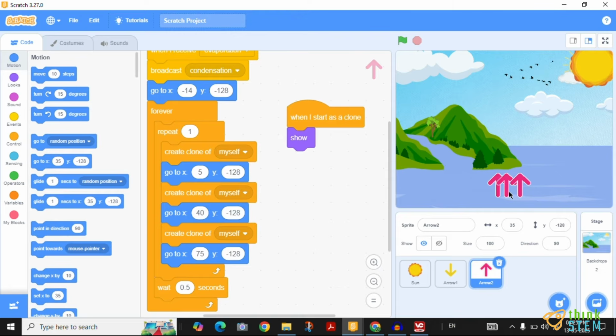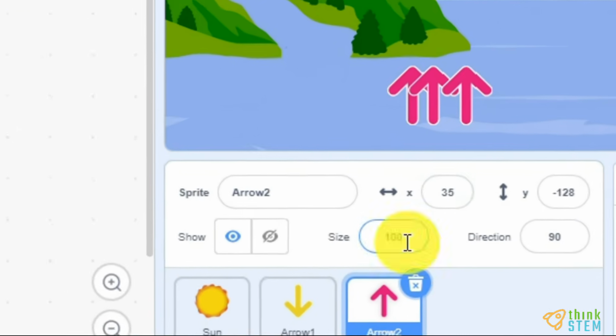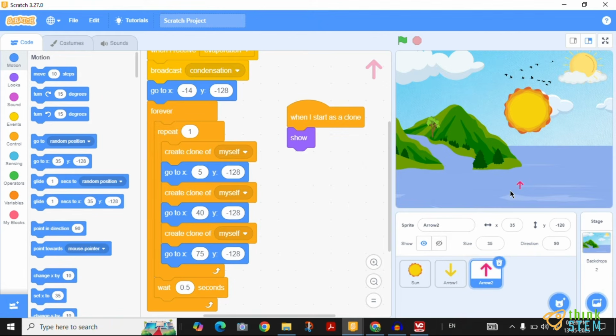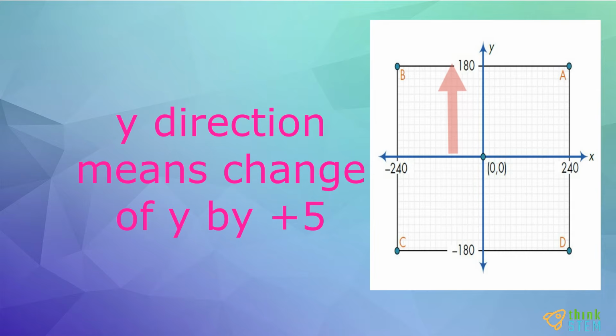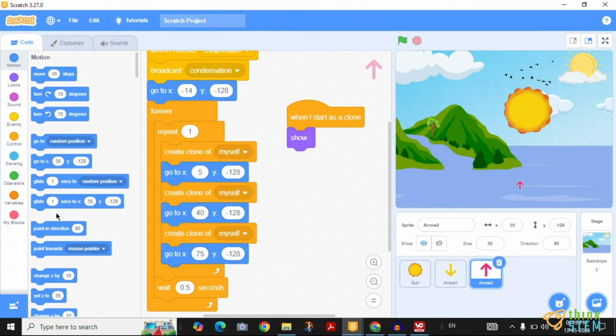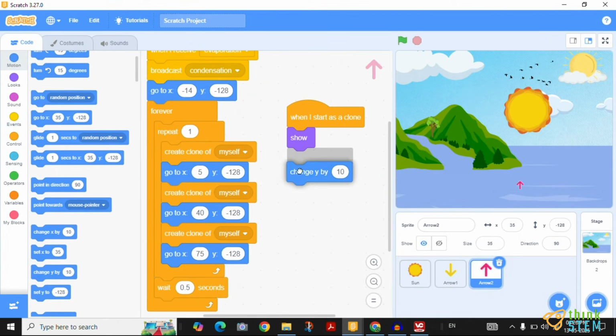Actually, the size of this arrow should be 20. The arrow is going upwards, which means the direction of y is changing with a positive of 5. So change y by positive 5,